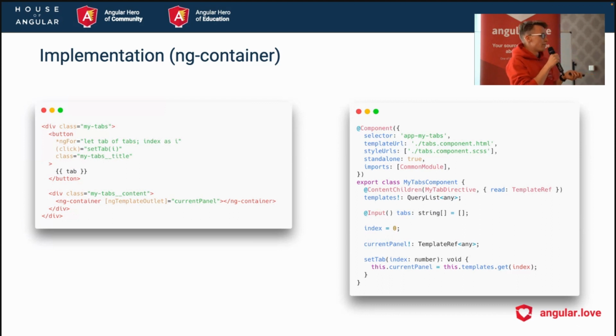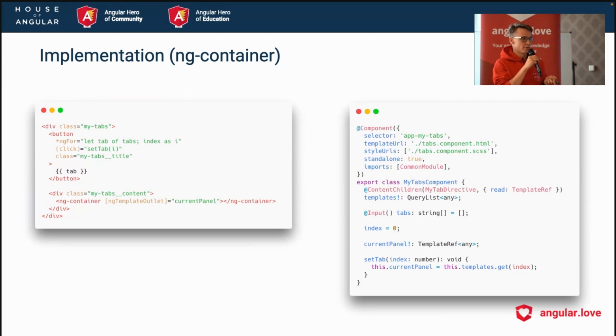Firstly, we have the property currentPanel that stores the reference to the ng-template that I showed on the previous slide, with the content that we currently show, and also we have the index of the button that is currently clicked,